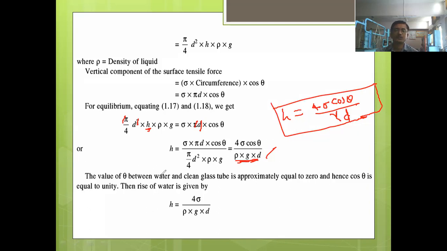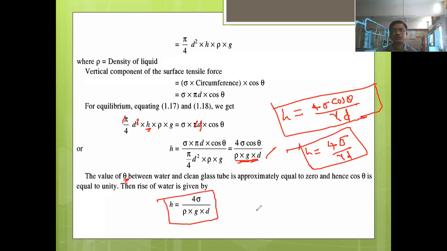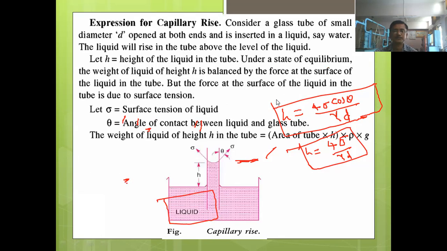In case of water and the glass, the angle of contact theta is nearly equal to 0. So if you put this 0 in this equation, cos 0 is nothing but 1. So this equation will become h is equal to 4 sigma divided by gamma d, or h is equal to 4 sigma divided by rho g d. So this is the expression for this capillary rise. Has everyone understood this? Yes, sir. Okay, now here just draw the diagram, rough sketch,